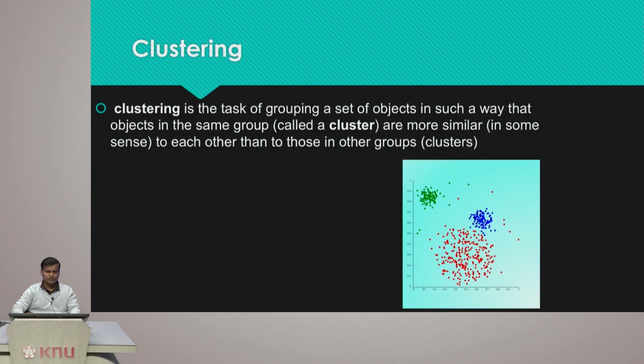Then comes the clustering part. Clustering is kind of grouping things with the same set together. In other words, we can consider that you have a group of people, and among this group of people you want to cluster a group of adults together, a group of children together, a group of say old aged people, and you are defining